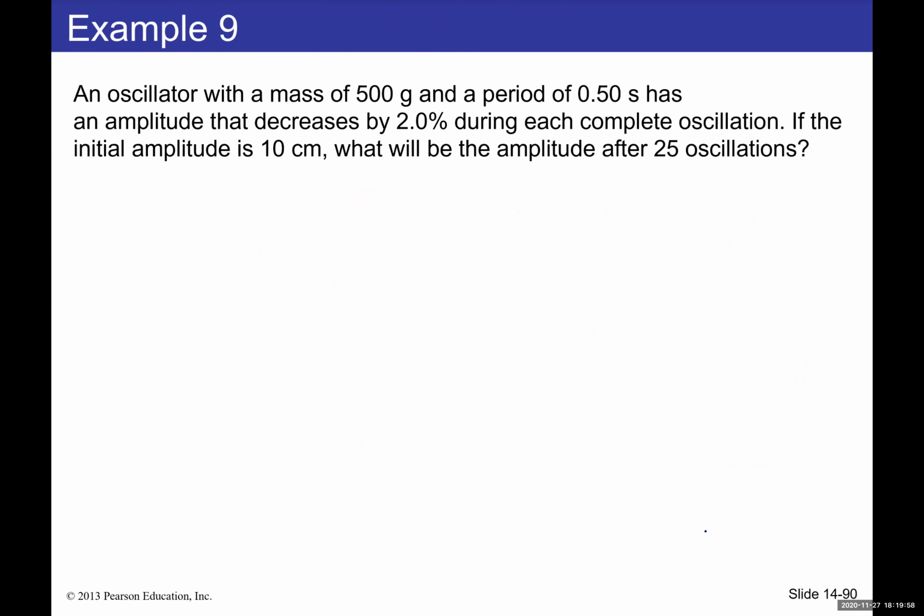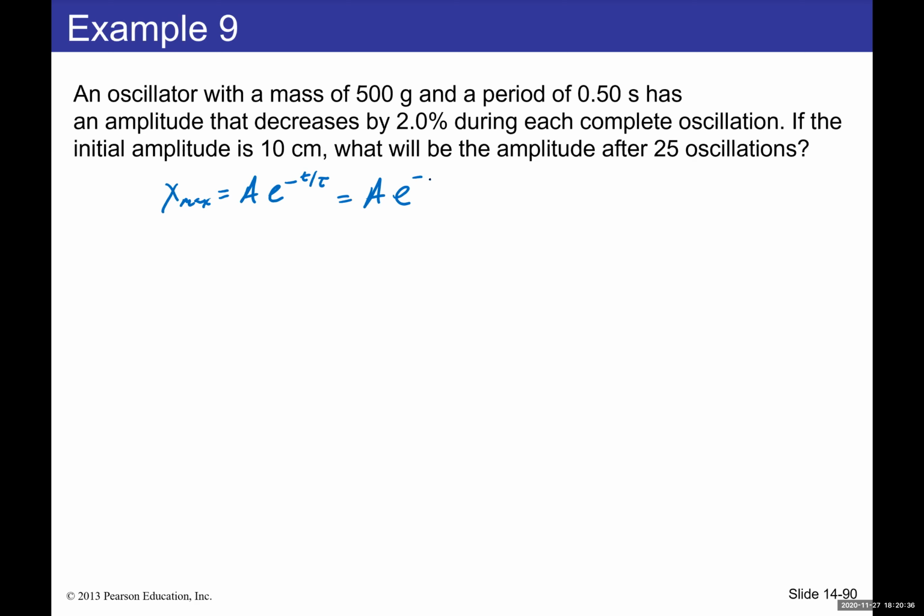We have an oscillator with a mass of 500 grams and a period of 0.5 seconds, and it has an amplitude that decreases by 2% during each complete oscillation. If the initial amplitude is 10 centimeters, what will be the amplitude after 25 oscillations? All right, so let's see what we have here. We are given, remember, x max equals A e to the negative t over tau, or I can say A e to the negative